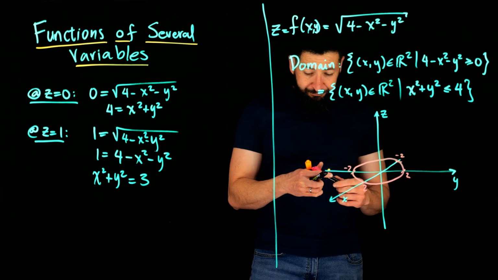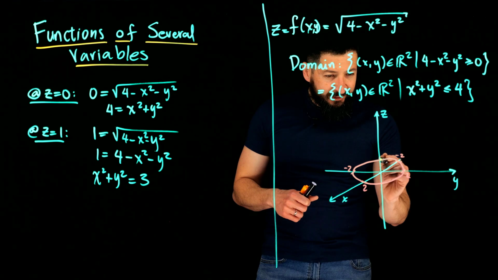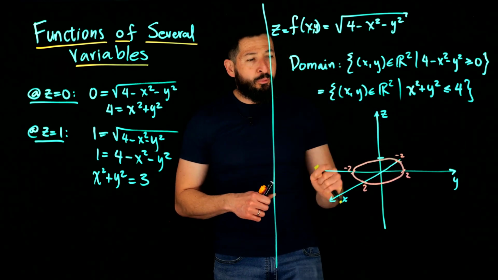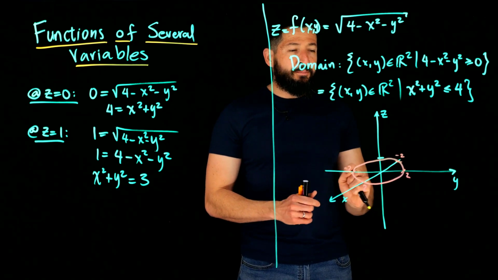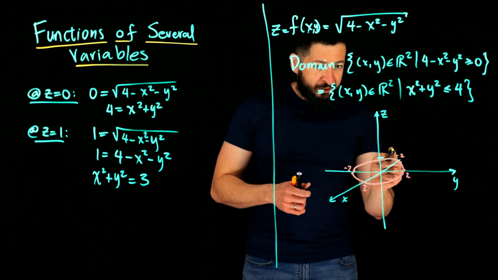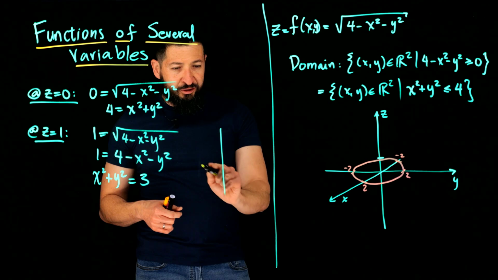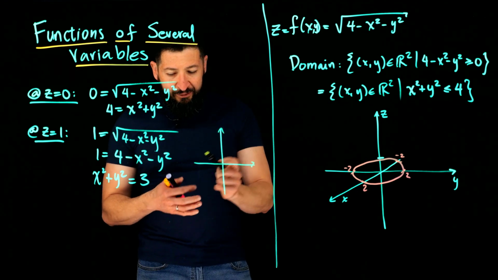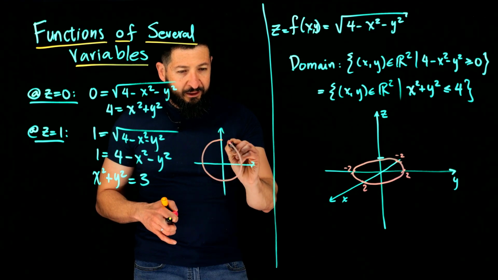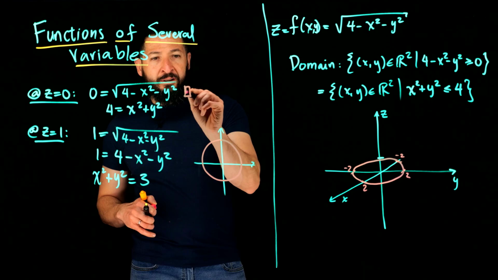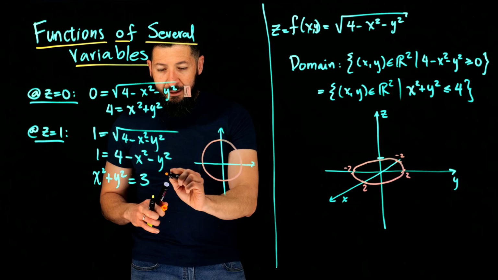So to plot that, you're going to go up by 1. Let's say here is z equals 1. I'm going to go up by 1, and you're going to consider that plane that is 1 unit above. And by the way, the level curves, you can also draw them in just R2, in which case the circle of radius 2 would be here. So let's make this one with this color. And now with this color, we're going to make the circle of square root of 3,